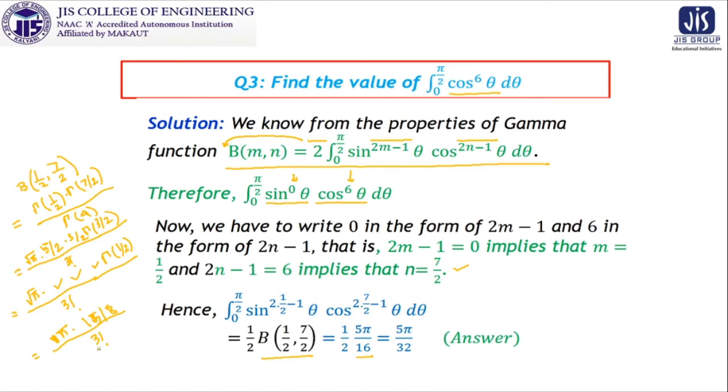So ultimately this 3 factorial can now be written as 3 into 2. This 3 and 15 will be cancelled out. We will get 5 and this 2 will remain. So 8 will be coming over here. So ultimately you are going to get the answer as pi, and this 2 and 8, that is 16, and this 5 is remaining, so 5 pi. So 5 pi by 16 into half is equal to 5 pi by 32. So we get the answer.